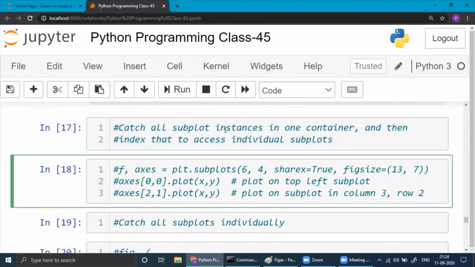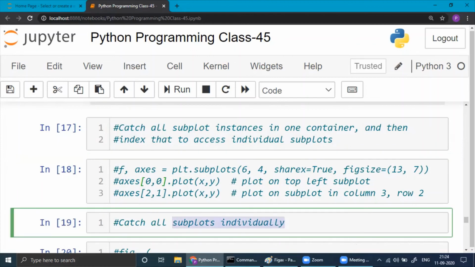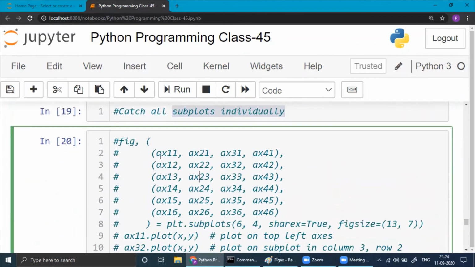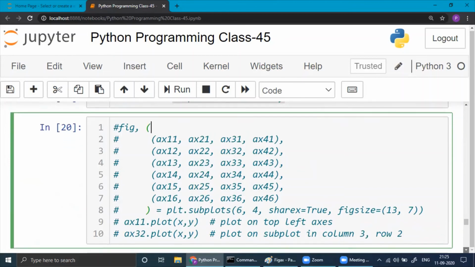Either you catch all subplot instances in one container and then index that to access individual subplots, or individually. Individually means you have to write this way. Whatever number you have, suppose it's 6, 4, then you need to write x, whichever way you want, 2, 1, 1, 2, 1, or whatever.